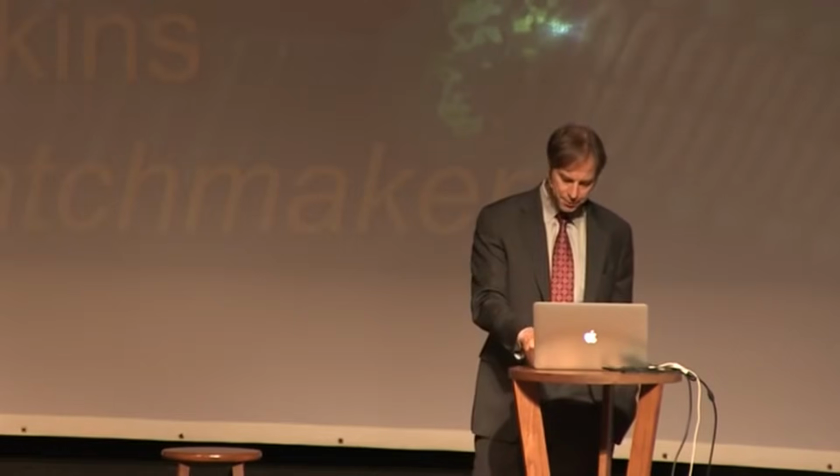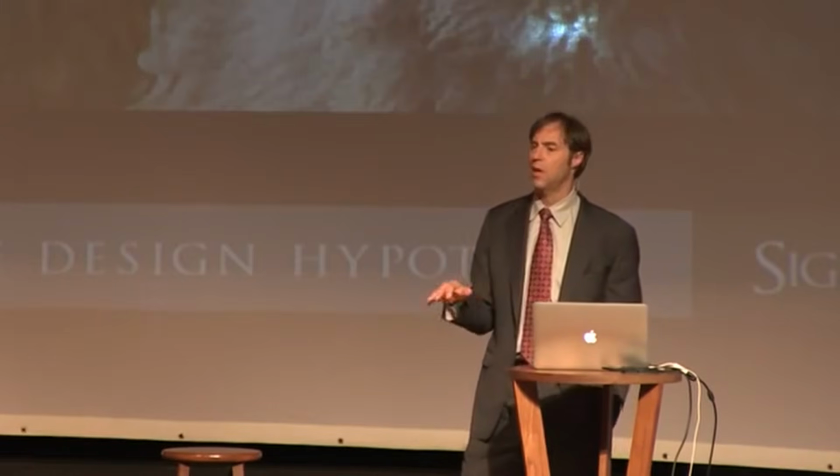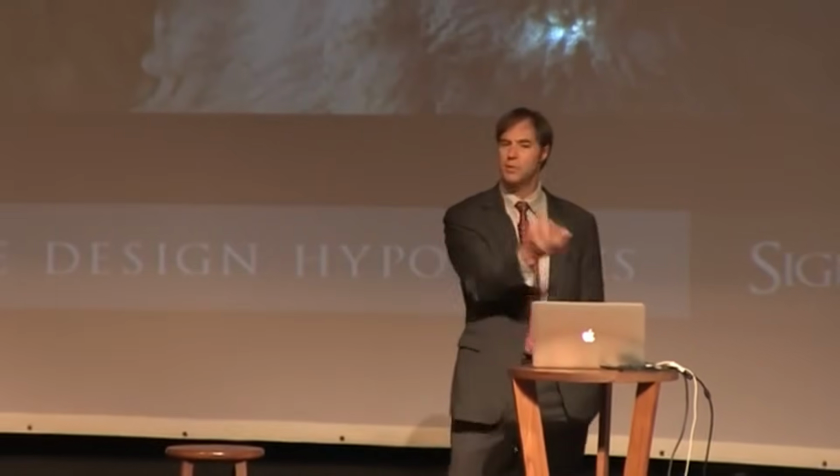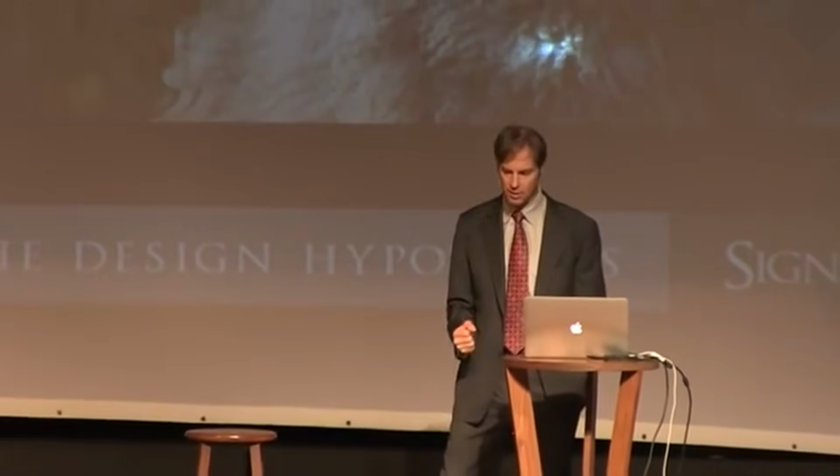Now that sounds so counterintuitive to people outside biology that I like to explain the logic of this, because it's really important to feel the force of the Darwinian argument. And this idea of design without a designer goes back to Darwin himself. In fact, it's in the third chapter of The Origin of Species, where he lays out the logic of natural selection as a substitute for an actual designing intelligence.